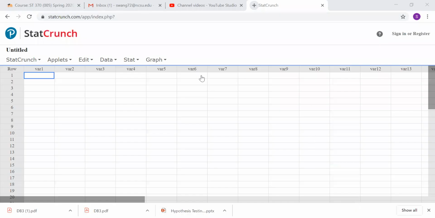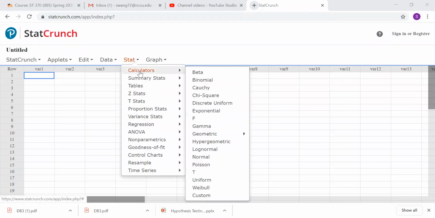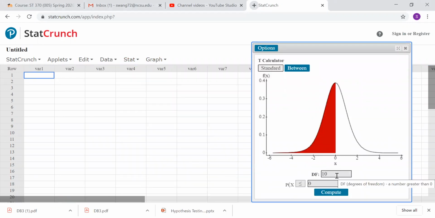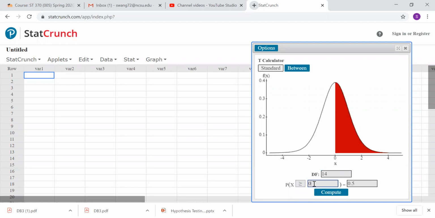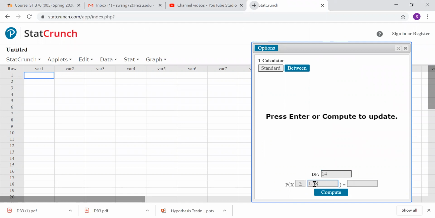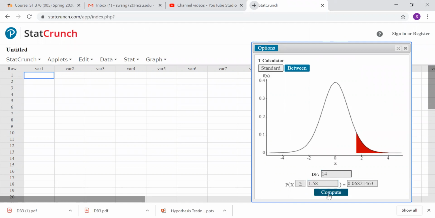So here is the StatCrunch. If you go to Stat, Calculators, this is the t-distribution we are looking for. This t-distribution has degrees of freedom equals 14. We are looking for the value that x is greater or equal to 1.58. This is 0.068. So yeah, you can see it is a value in between 0.05 and 0.10 as what we found out